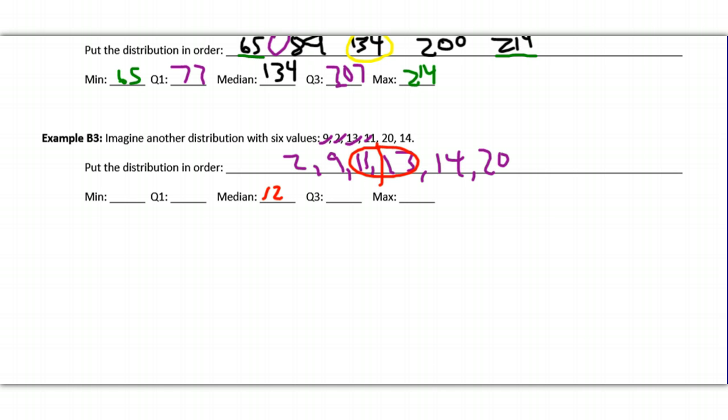To find our first and third quartiles, we're going to remember that our list does not actually take away those two values that we used for our median. So as far as looking for values below the center, all three of these are now included as options. The one that we're going to choose for our quartile 1 is exactly halfway on the lower part, 1 on each side. That's 9. And on the right side, the middle value is 14. So 9 and 14. And then finally, the min is always our lowest number, and the max is always our